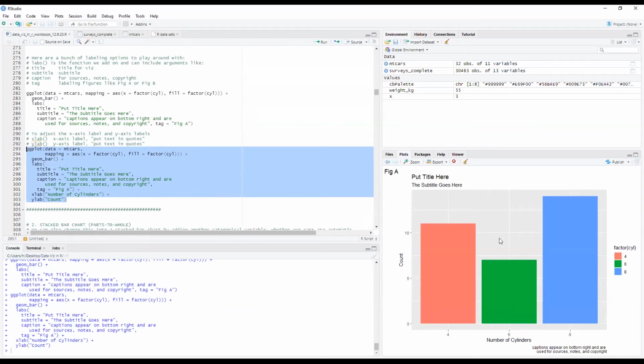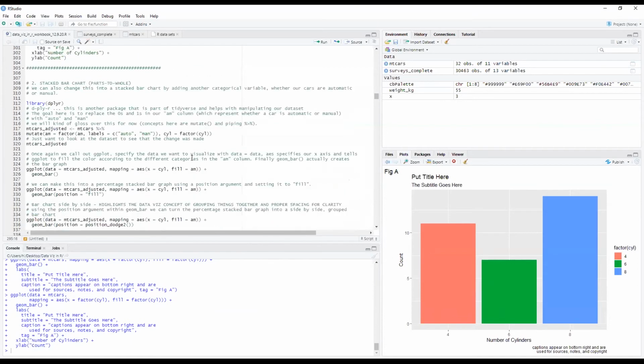I just changed the x label and y label to something a little bit more appropriate: number of cylinders, and count on the Y axis. So we're done with that first one. We built it up. You now have a sense of what you need to create a simple visualization: the ggplot function, and then a geom, and then there might be some other functions that you add on.